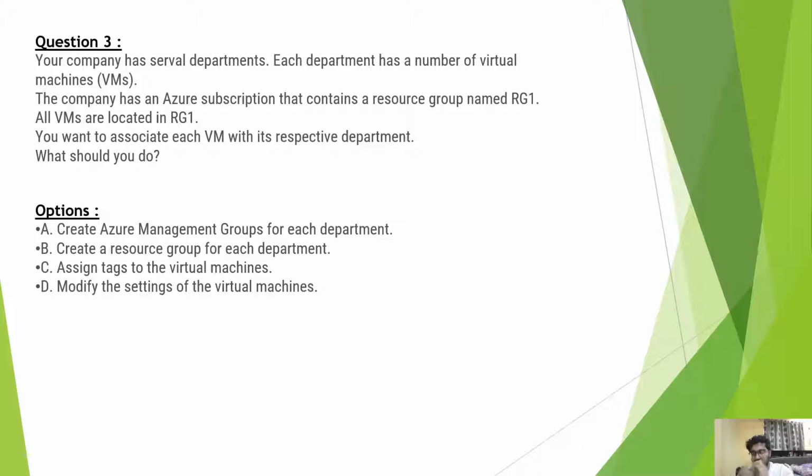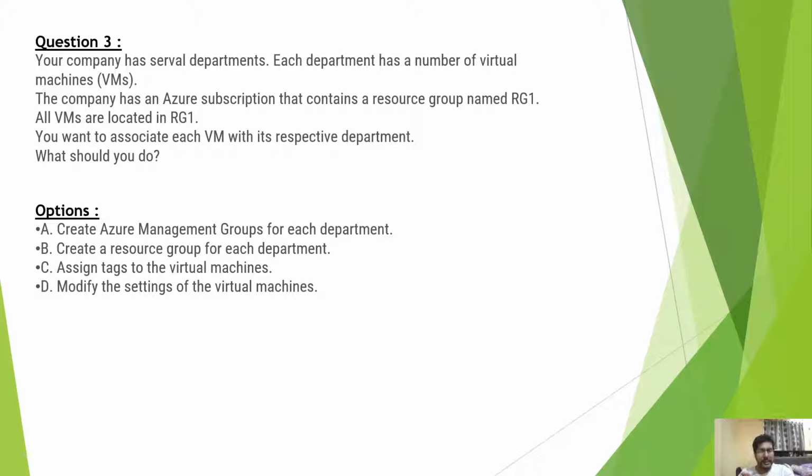Because when you are moving a VM, it's not so simple to move from one resource group to another. You have to move the disk, the associated resources, and maybe some other dependencies also need to be moved. So it's not a very easy operation like just moving a VM. If there are dependencies, then there can be some issues, and there are some constraints on moving resources across resource groups. Also, we already have in the question that there is only one resource group, so we need to find a better option.